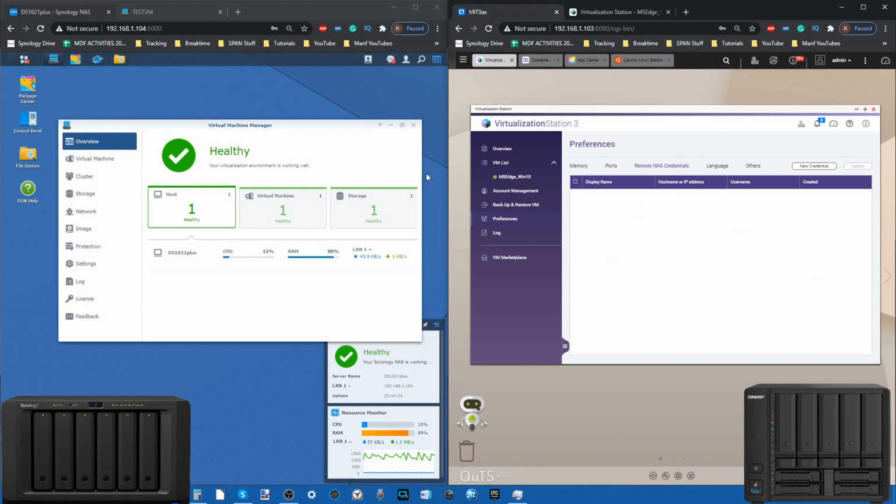And I have discussed in the past comparing Virtualization Station and Synology Virtual Machine Manager, and generally always leaned towards the QNAP VM tool. It's been around longer and they've spent more time perfecting it. Now,